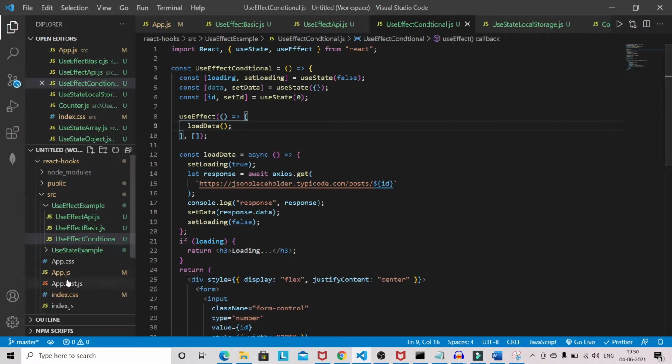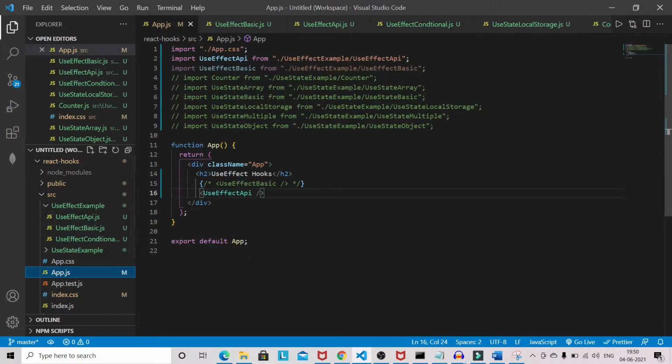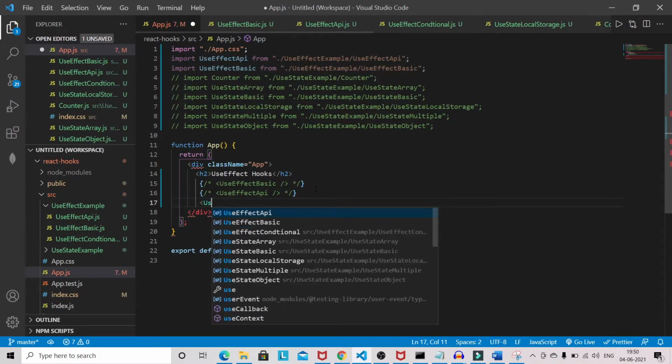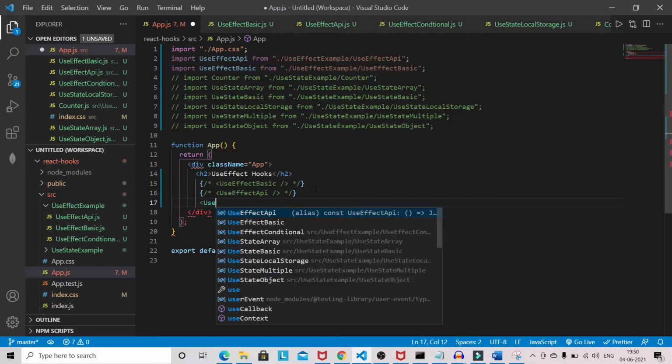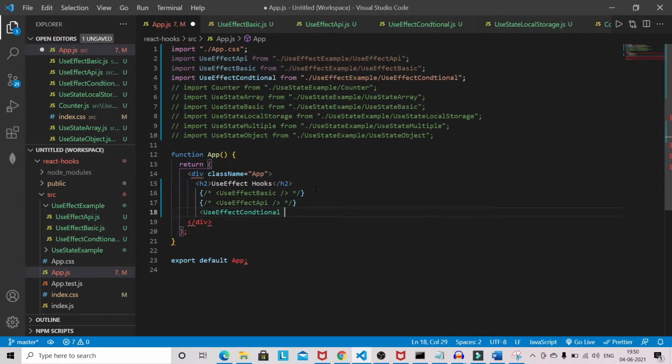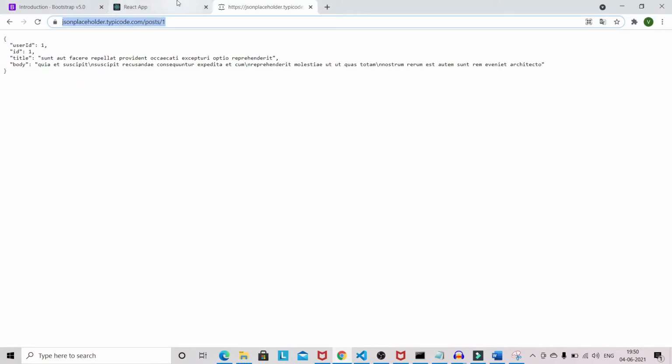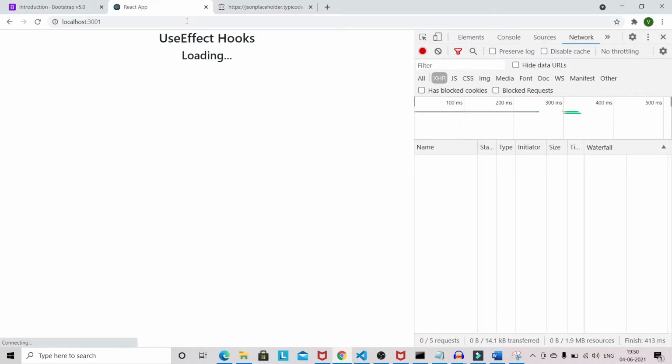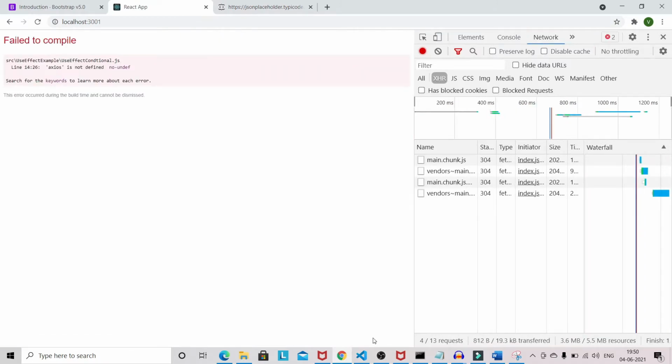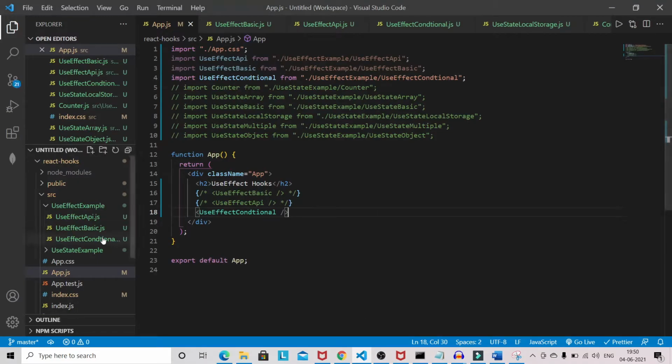So I will come to the app.js file. I will comment this one, use, what is the useEffect conditional. Let's see whether we have any error or not. Okay, axios is not defined, no problem.